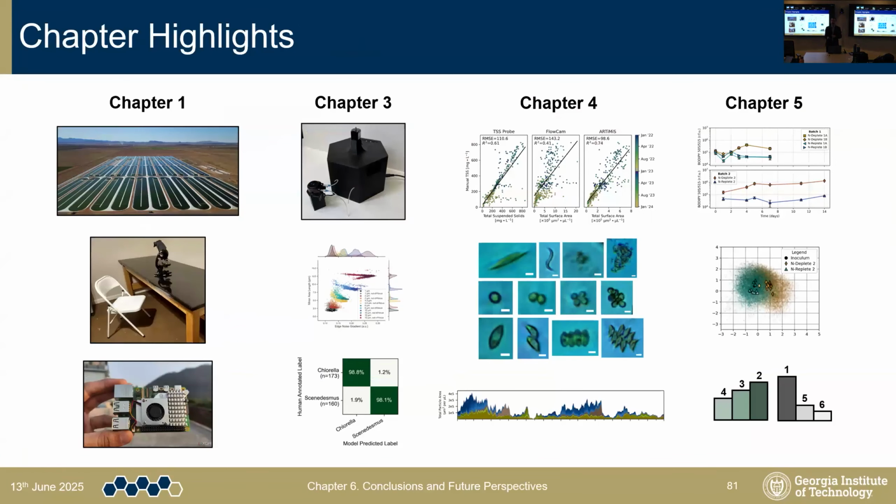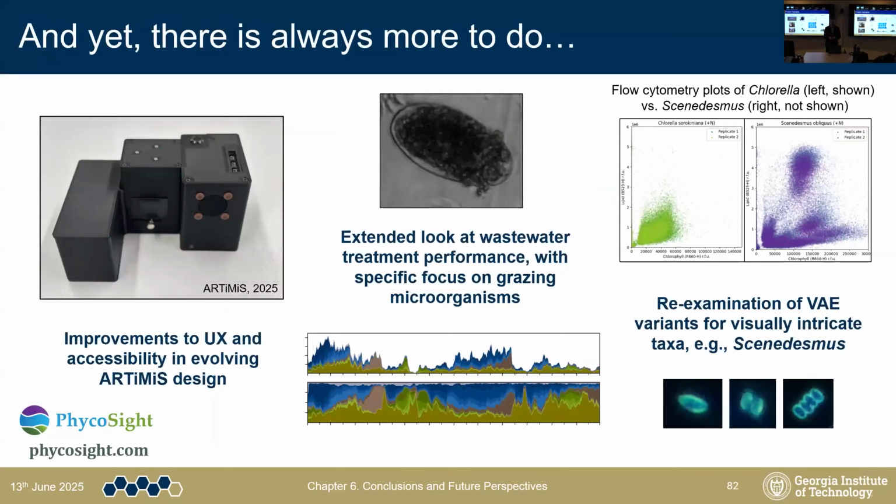All right, so just a visual overview of some of the chapter highlights that we covered. We talked about algae being a really important crop and some of the ways that you can measure it. We talked about why ARTiMiS was developed and how we validated it. We talked about a really interesting demonstration of ARTiMiS over a long time series. And we talked about some novel ways that we can try to determine phenotypes on a very affordable scale. So without dyes, without complicated workflows.